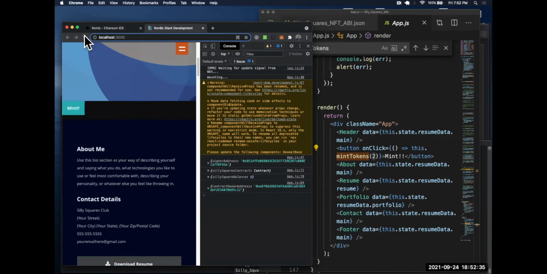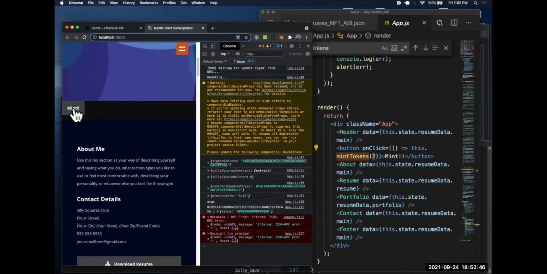So let's try to refresh this. So now my silly square balance for this account is 0, right? It's pulling in that address here. Mint cost is still 0.02. So if I try to click mint here,